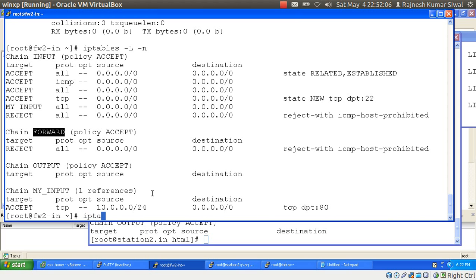So iptables -I FORWARD -s 10.0.0.0/24 -j ACCEPT. This rule says add rule number 1 in the forward chain, which says any traffic coming from